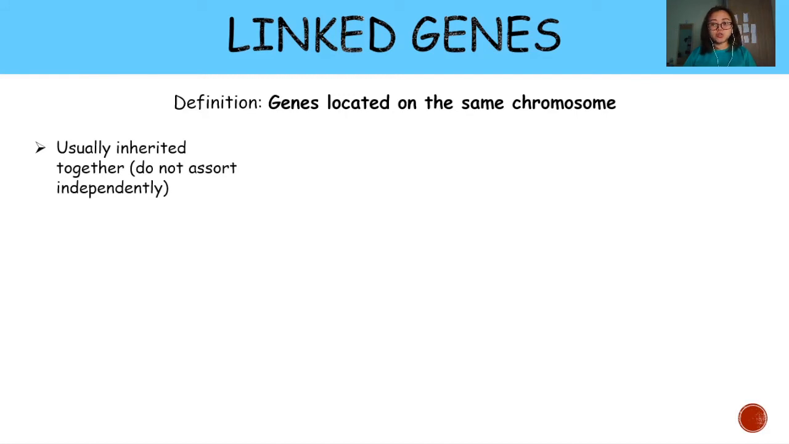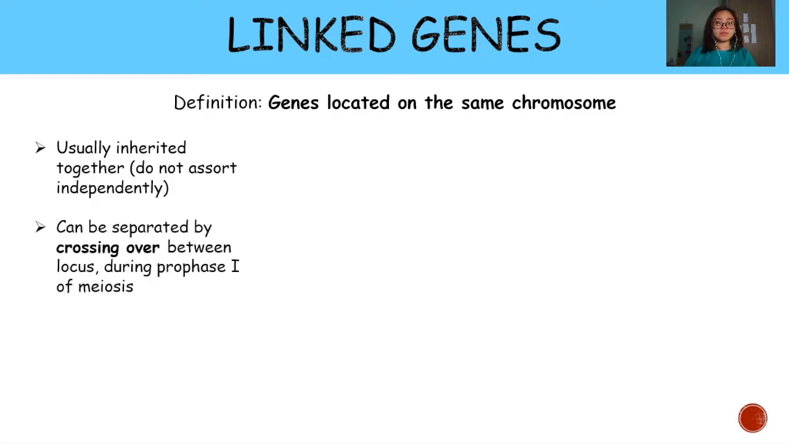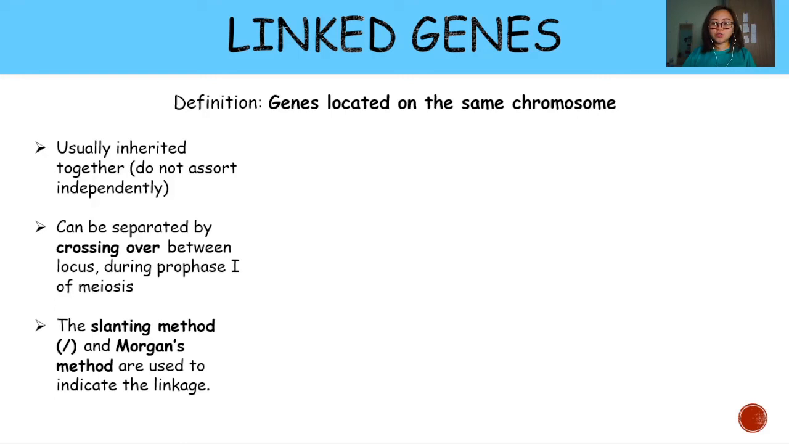And these genes are usually inherited together. They do not assort independently. Tengok ni, perkataan do not assort independently. Dia tidak akan ikut hukum Mendel, law of independent assortment. But they can be separated during crossing over. A yang di atas dengan B yang di bawah itu, dia boleh dipisahkan sekiranya crossing over berjaya semasa proses meiosis. And how you write the linked genes is you use the slanting method or the Morgan's method to indicate